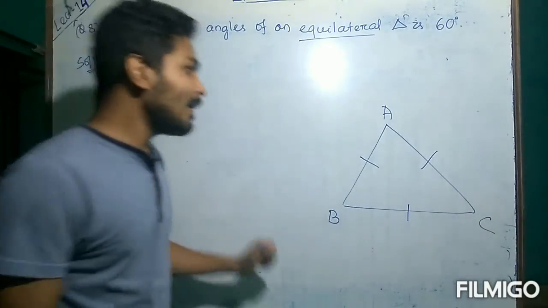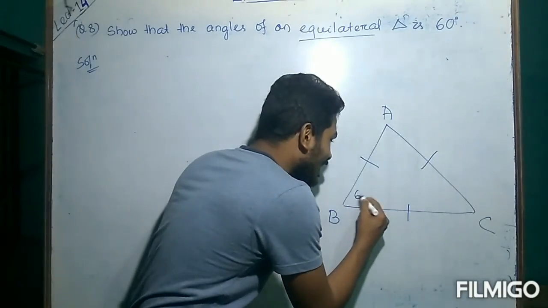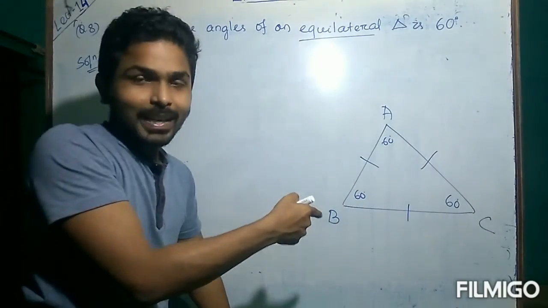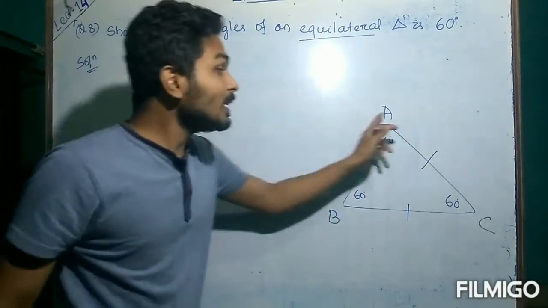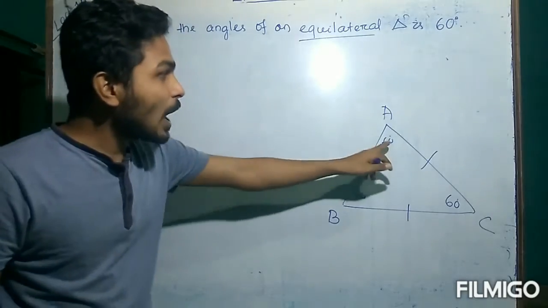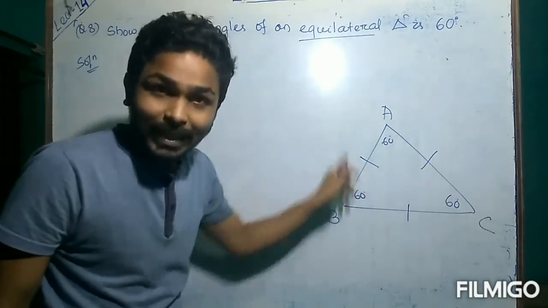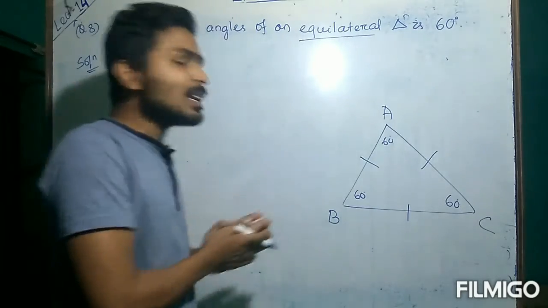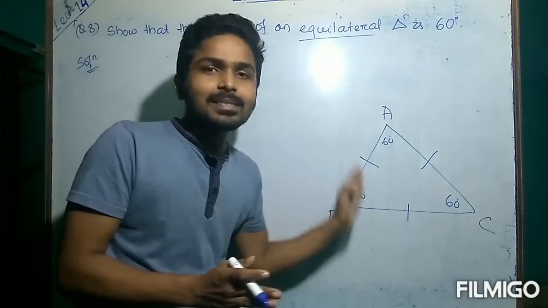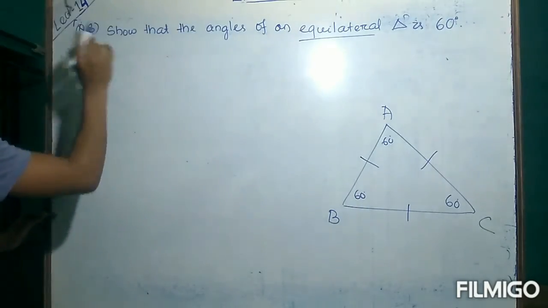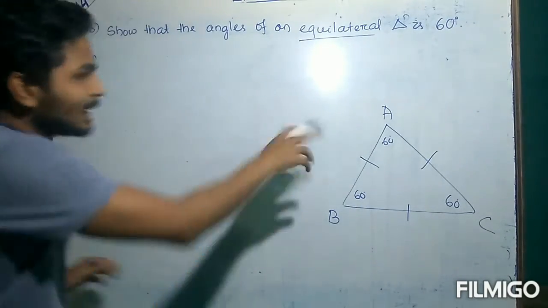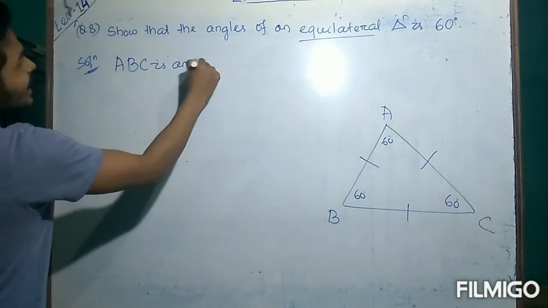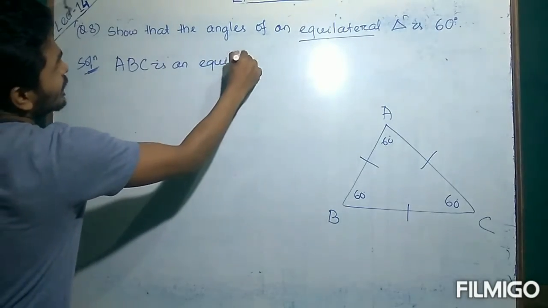And we also know that in an equilateral triangle, each angle is how much? It is 60 degree. We know it. Okay. But today in this lecture, we will prove it. We will prove how the angle of an equilateral triangle is individually 60 degree. Okay. We shall prove it. So let's prove how it is done. Right. So let's prove. Since ABC is an equilateral triangle,